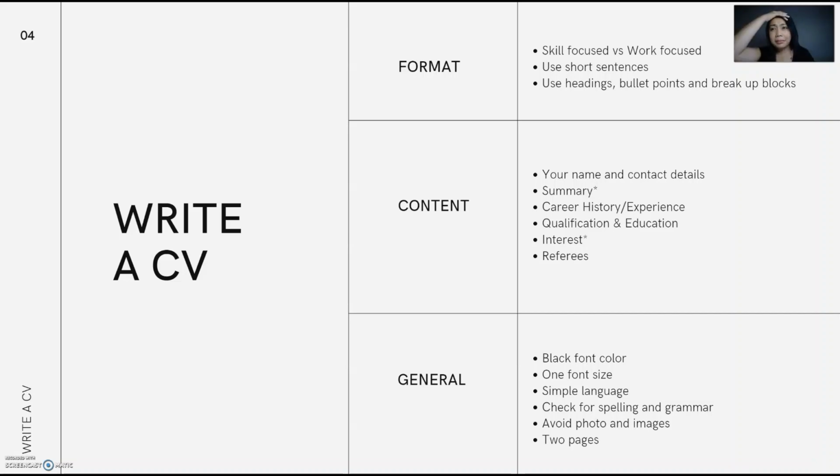So, syempre, mas makikita nila, I think it will give you extra points if yung mga training na you've undertaken really match what is needed by their job description. Okay? Interest,